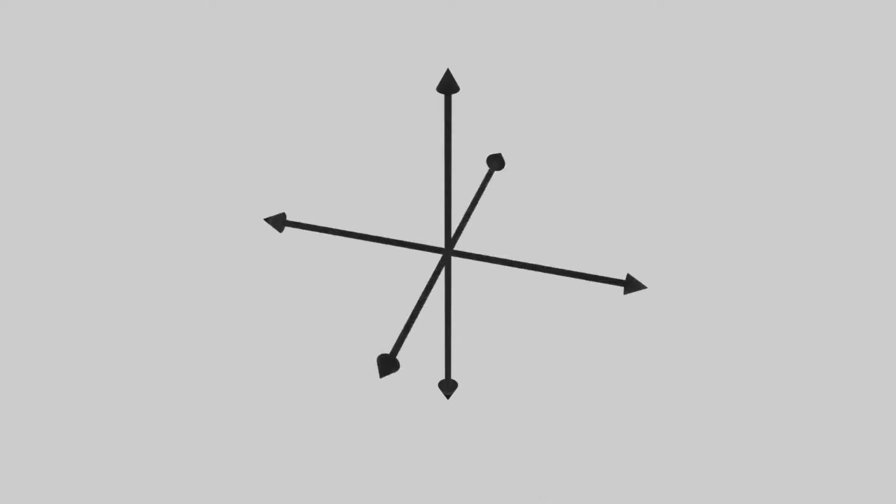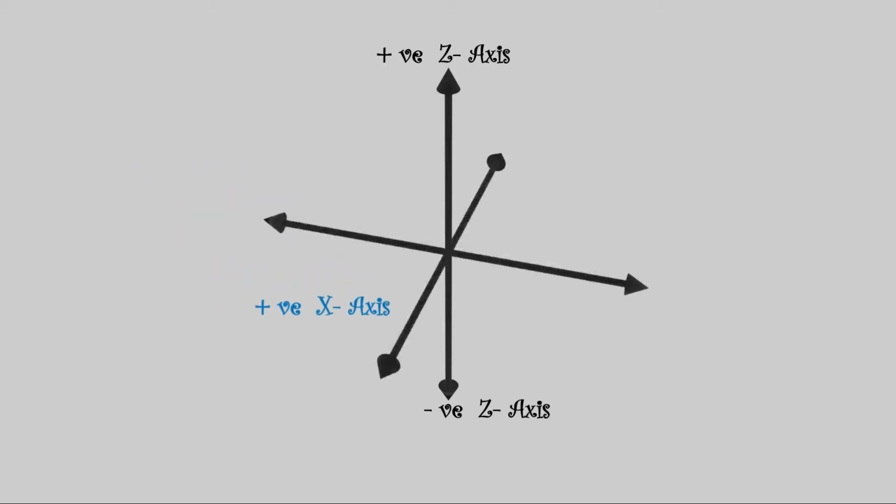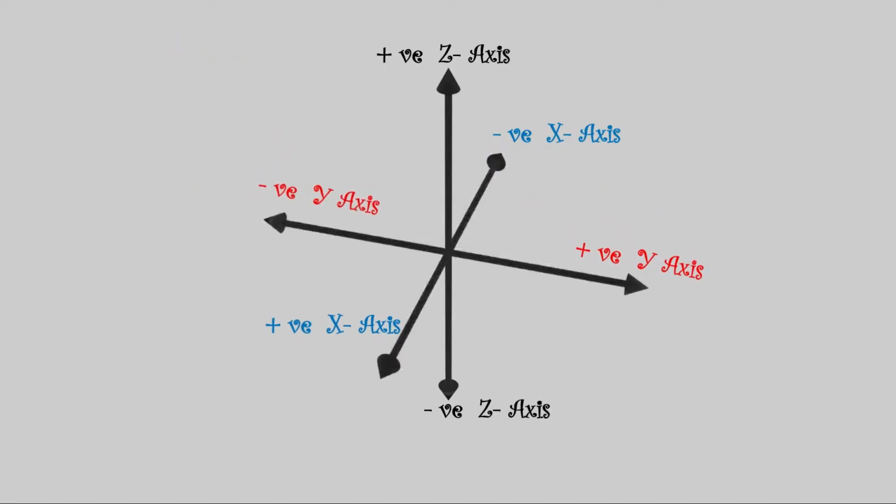For understanding the coordinate systems, we consider three reference directions. We consider x, y and z coordinates. For every coordinate there will be positive as well as negative direction. We consider x-axis which is coming towards us. It will also have negative component which is going in opposite direction. Similarly, we will have positive y-axis and negative y-axis. We have to imagine our objects in three-dimensional space.